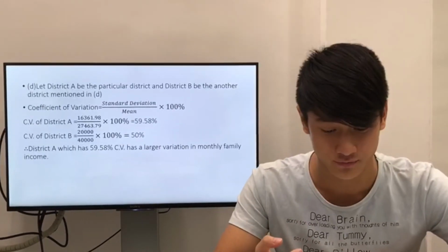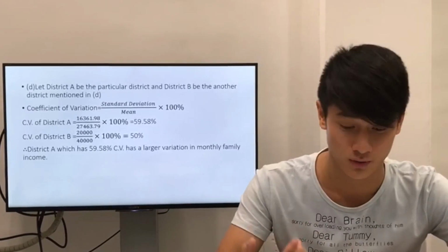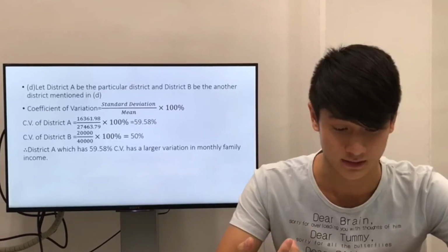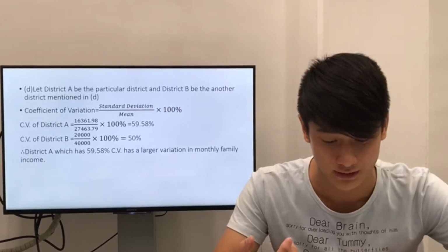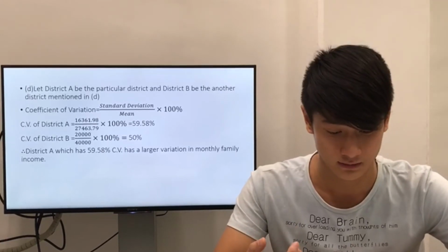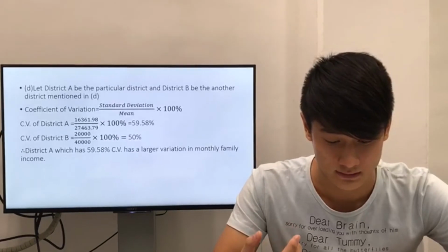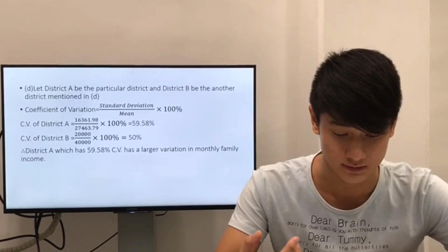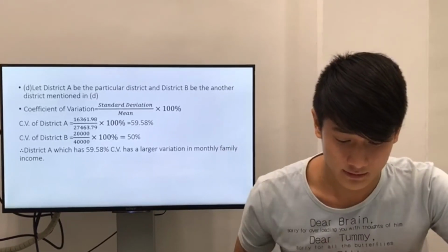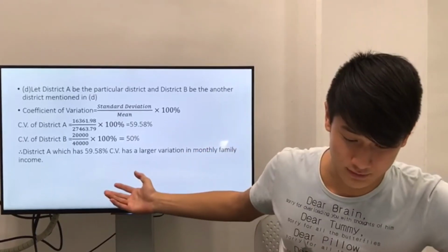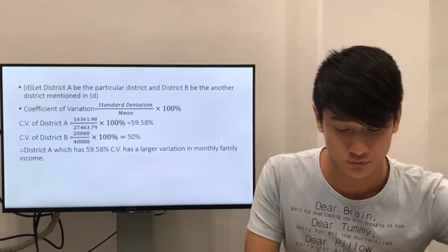In order to find out which district has a larger variation in monthly family income, we had better use the coefficient of variation to help us. The coefficient of variation represents the ratio of the standard deviation to the mean. This is a useful statistic for comparing the degree of variation from one data series to another, even if the means are drastically different from one another. So look at question 5. Even if two districts have different means and standard deviations, we can still figure out the answer through the coefficient